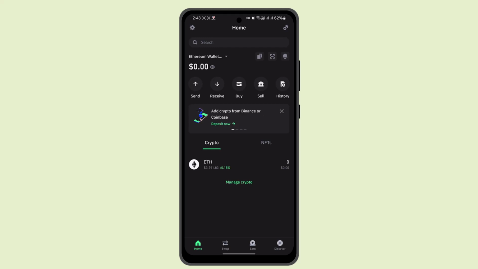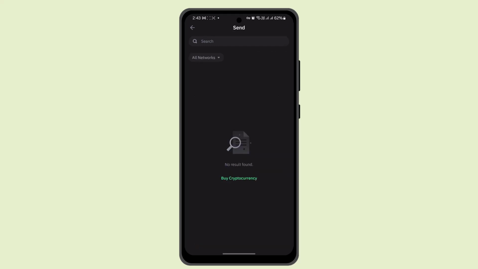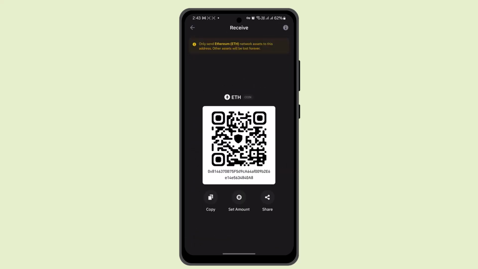And when you've actually done that, you can go ahead and press the send button in order to get started with sending cryptocurrency using your Trust Wallet. Here, go ahead and select the network that you wish to go with. And when you've selected the network, moving on to the next page, you just have to go ahead and paste in the wallet address of the receiver, enter in the exact amount that you wish to send, and then you can confirm the transaction. Similarly, to receive, you have to press the receive button, select the asset that you're receiving,